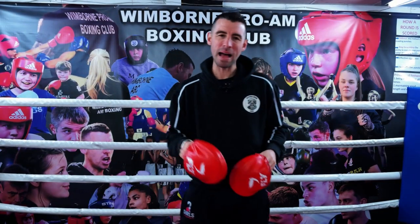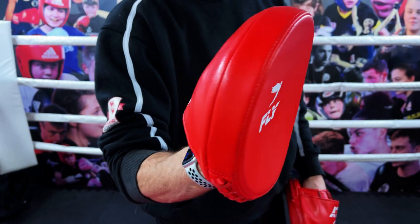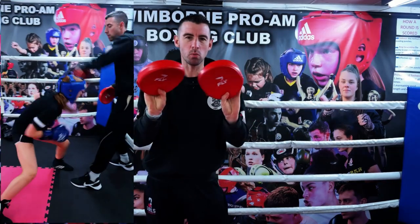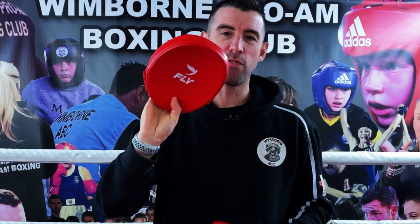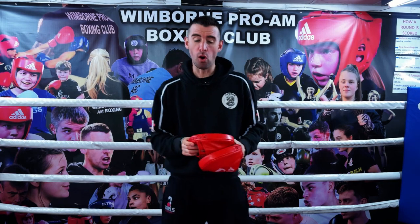The very first pads that we are going to look at today are these Fly Punchers Mitt. They're lightweight, and they're really meant for speed, for combination work, for tech work. You wouldn't want to use these pads if you were dealing with big hitters. You'd be looking at more air pads for that. They have a foam face and a cushioned back, and they have protection over the fingers so your hand is enclosed in the pad. So let's have a look at the first rating, and that's for